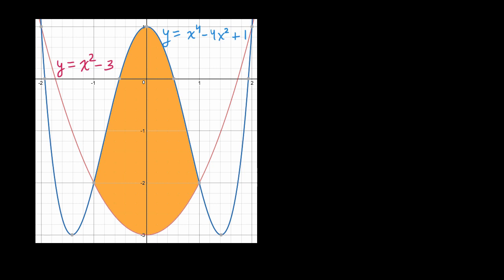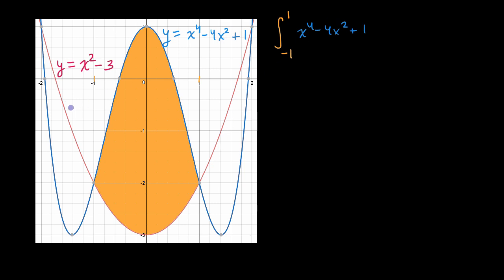And so we know from previous videos that this area could be expressed as the definite integral, and I will confirm that the bounds are from x equals -1 to x equals 1 in a second, but let's just go with it. It looks like that, x equals -1 to x equals 1. And so for that interval, we would take the graph that is above the other graph, and so that looks like the blue graph over that interval.